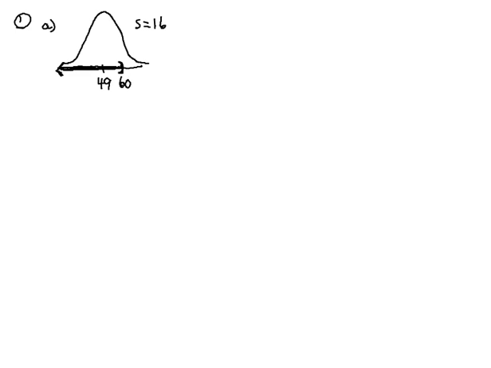Now, density functions are set up so that to calculate the probability of being in the interval, it's the area under the curve above the interval. So I need to find the area under the curve here. The probability that x is less than or equal to 60 is the area under the curve of the density function above the interval. Now, to get that area, I'm using a table, and the table works by using a z-score. So I'm going to take the z-score of 60,